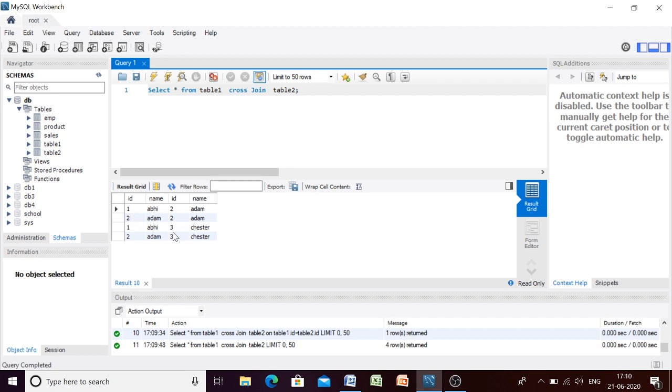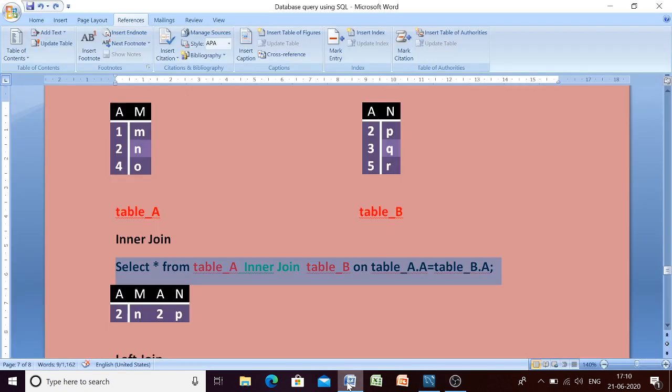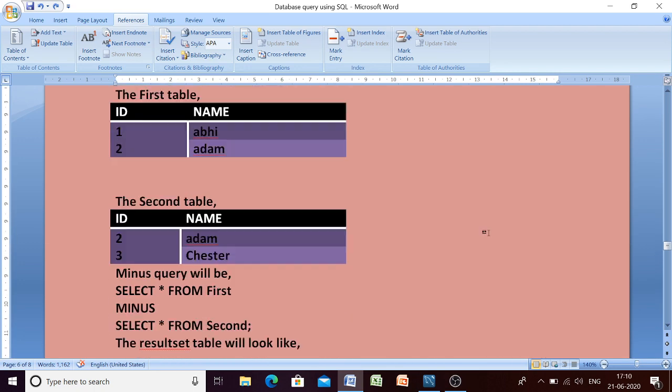For id 3 we have possible combinations of 1 and 2. So these were all about the set operations that can be used in MySQL. No doubt intersect and minus are not supported in MySQL, but from these examples you may have some idea about intersect and minus operations also.